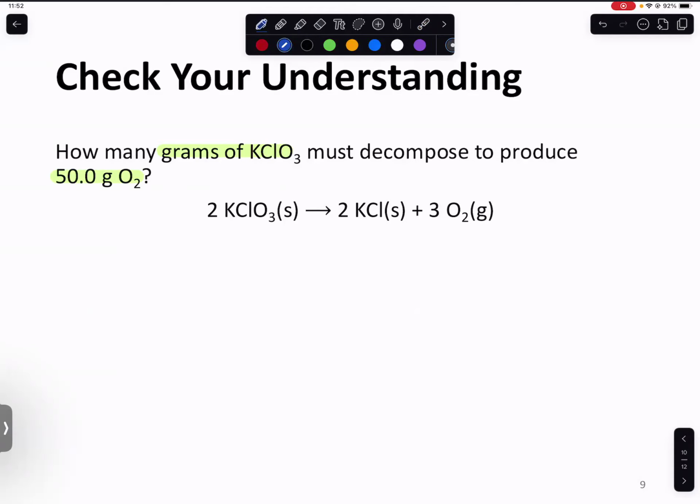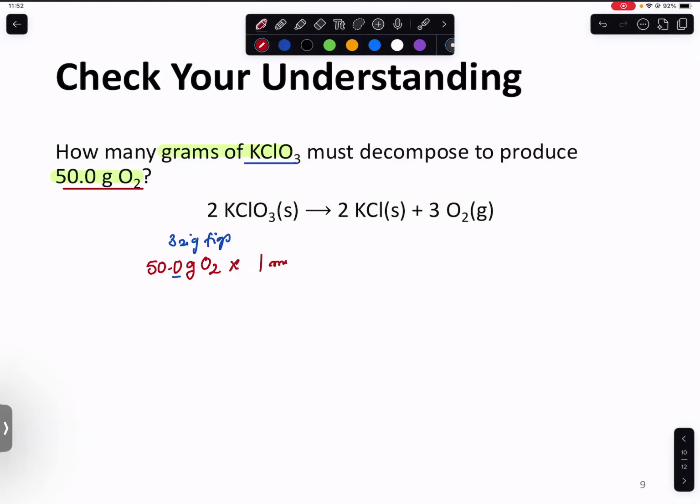Now, since it wants to end with grams of KClO3, and it starts with 50 grams of oxygen, I'm going to say that I have here 50.0 grams of oxygen, and I have here 3 sig figs